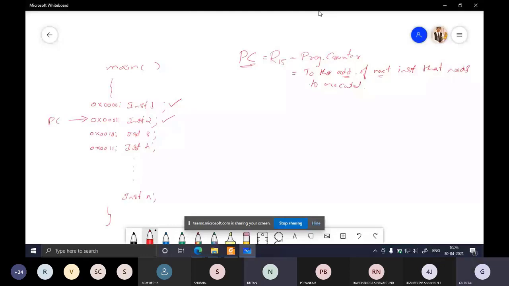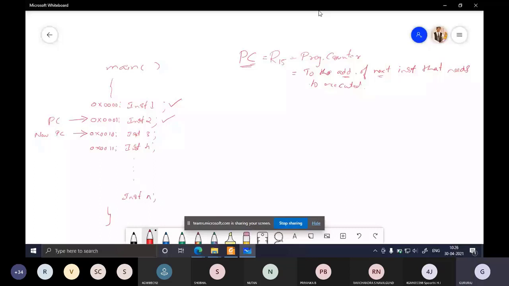Third instruction. Yeah, so it should point to the next instruction, which is the third instruction, instruction 3. So the new PC will be updated. The previous PC contents were 0001. Now the new PC contents are updated as 0010 because this is the next instruction that needs to be executed. Hope you are getting this, how the PC contents are adjusted whenever the next instruction is executed.